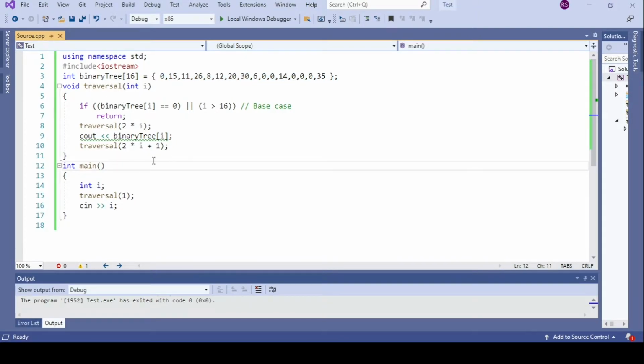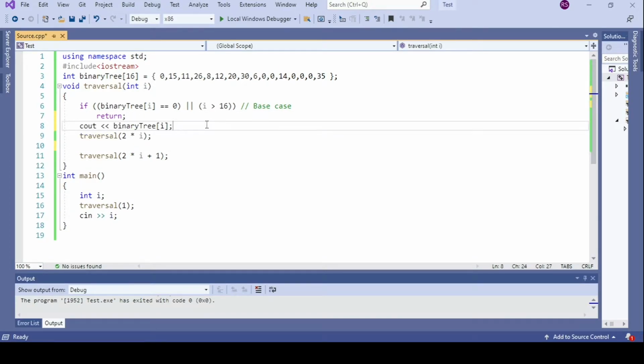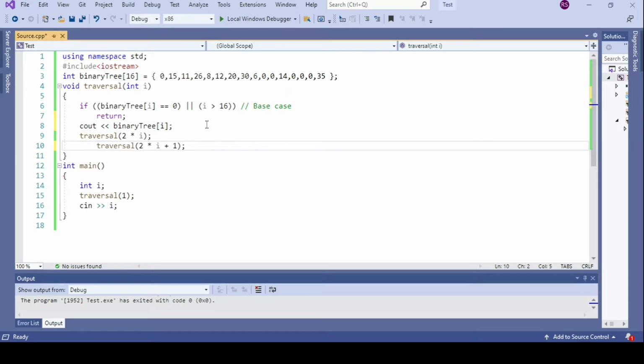In other words, I need to construct the binary tree dynamically within the program instead of giving the binary tree before the compilation of the program through initialization. So how do I do it? I have conceived a very simple logic by which we can accomplish it. You just think of the pre-order traversal. You know very well the idea of pre-order traversal.